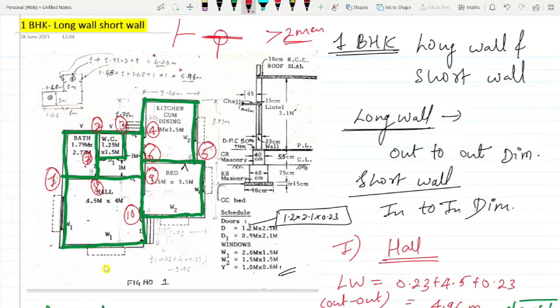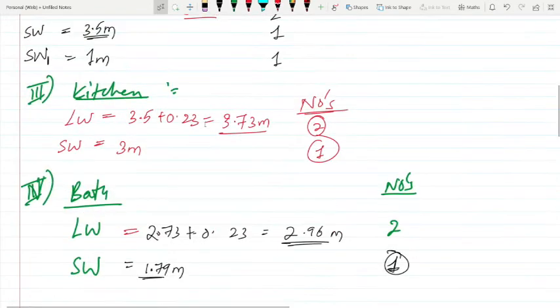Got it? When you get this in your exam, you can trace like this and do it. Once you understand the concept, you will understand how to calculate. Why do we count these joints? While doing the estimation, you'll understand. Got it now?